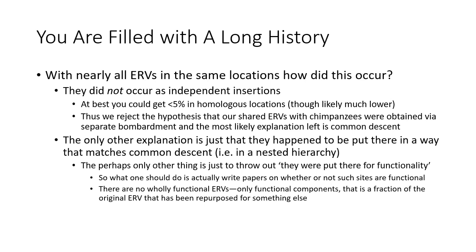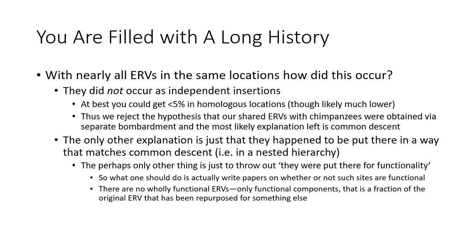And again, we're asking this question: with nearly all ERVs in the same locations, how did this occur? Well, essentially, we know they didn't occur as independent insertions. At best, you could have less than 5% in homologous locations. It's likely much lower, this percentage. So essentially, we can reject the hypothesis that our shared ERVs with chimpanzees were obtained via separate bombardment. And the most likely explanation is, of course, common descent. The other explanation is